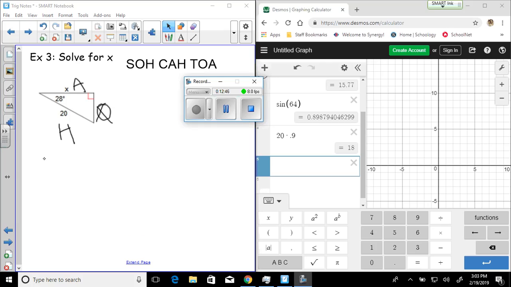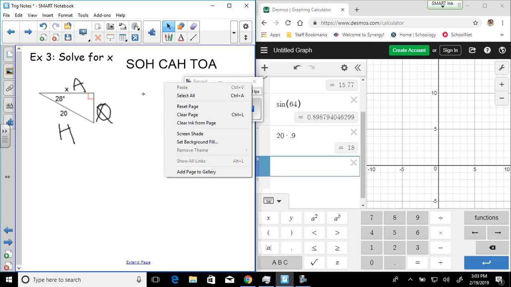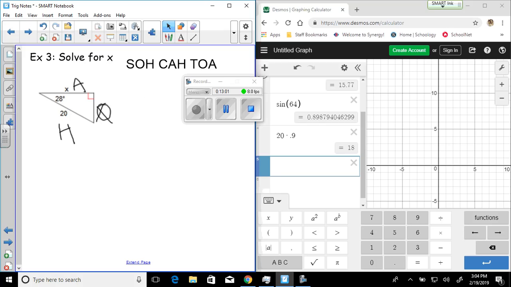All right, that's better. So we know we have an adjacent and a hypotenuse, so we need to use the cosine. Let's go ahead and set up our trig ratio. We know we need to use cosine. So we have the cosine of 28 equals the adjacent over the hypotenuse, so we have x